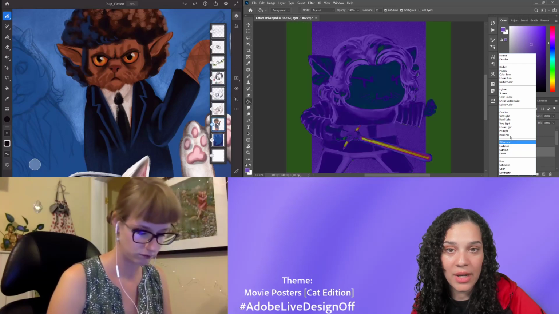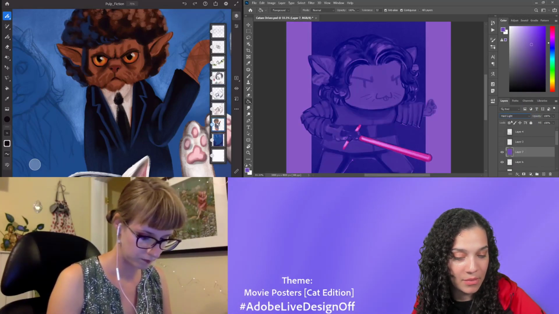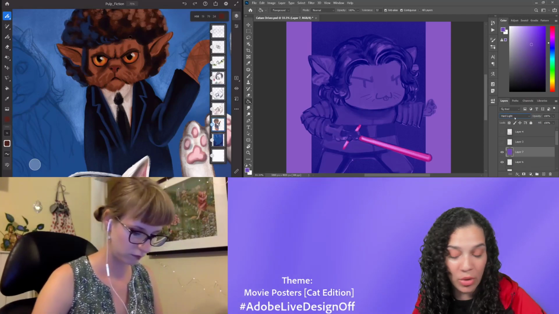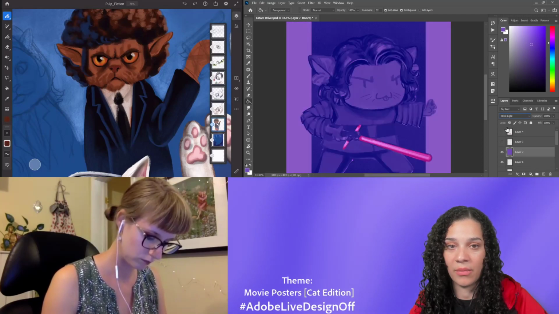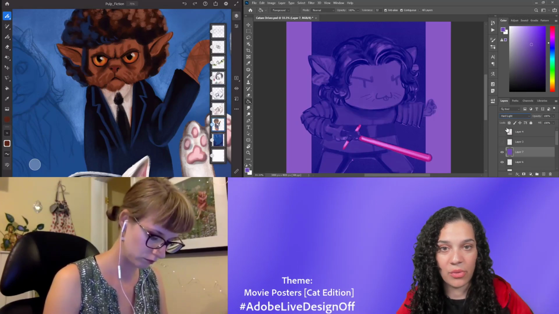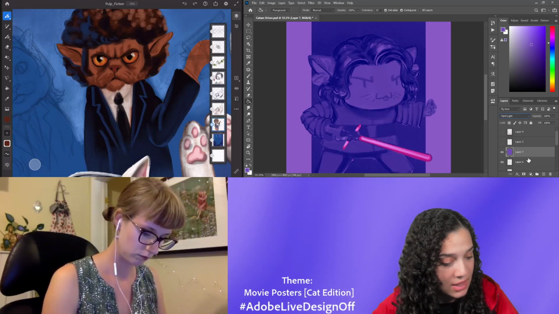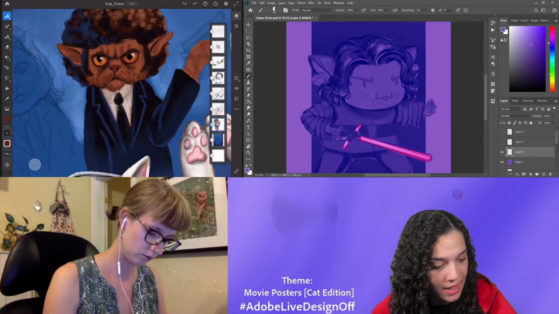But if you are on a PC, typically what I do is I open it up and select normal, and then I can flip through with my up and down arrows through everything that is available to me, which is really, really cool. So I can cycle through pretty easily and figure out what blending modes I like to use.